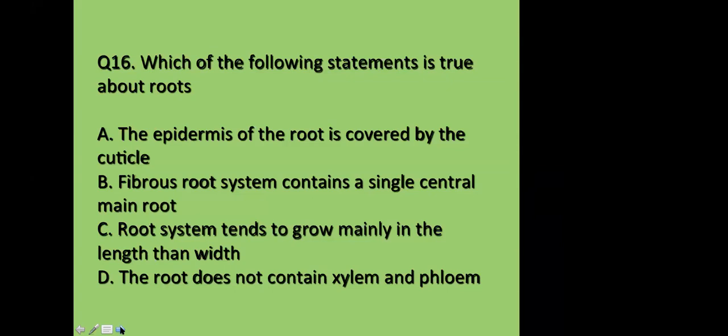What you were saying? Taproot system. I was saying the example of the taproot system. Sorry, I said carrot for the taproot system. Okay, but you just tell me what do you mean by that? What is the meaning of taproot system? That grows underground. Okay, and what about fibrous root system? That can have branch. Okay, Olana, just let me ask your friend, and then I'll clear your doubt.